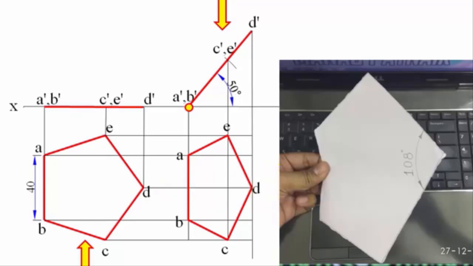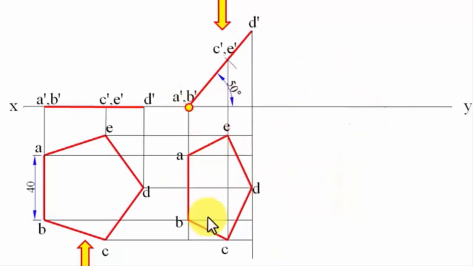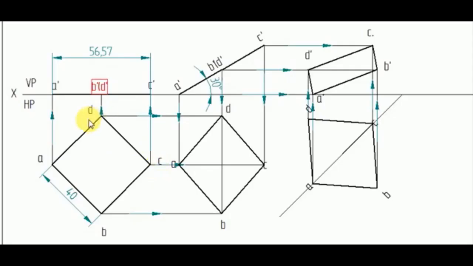You can clearly see the difference between these two pentagons. This is the apparent top view, and this is the absolute top view. You can see in this top view you see the true shape of this pentagon. This top view represents the apparent top view. All right, squeezed up pentagon sort of. How to construct in grid book, we'll explain this problem.